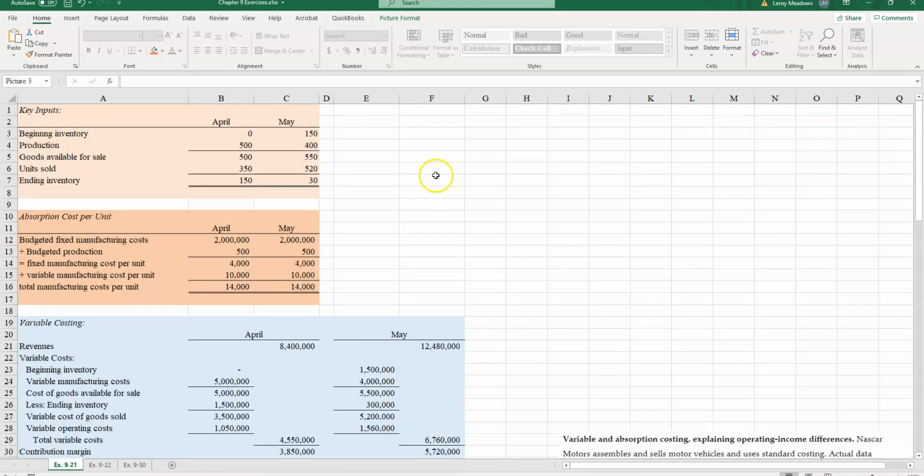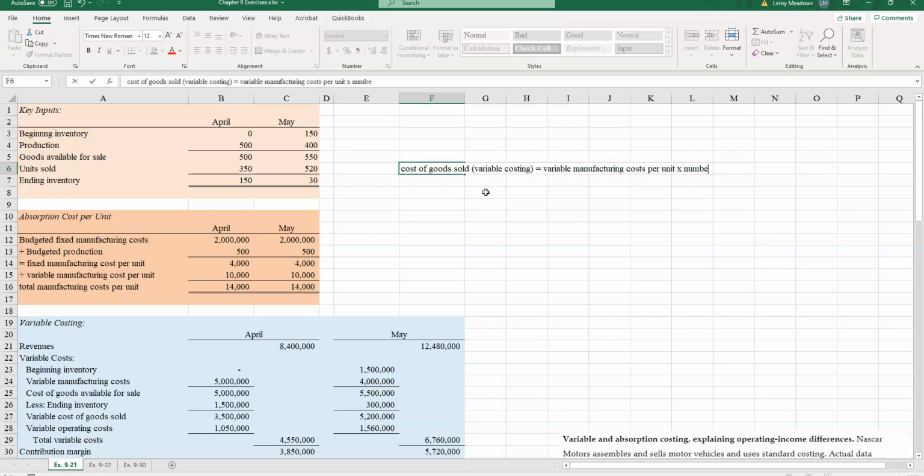But if I want my cost of goods sold under variable costing, it is going to equal variable manufacturing costs per unit times the number of units sold,